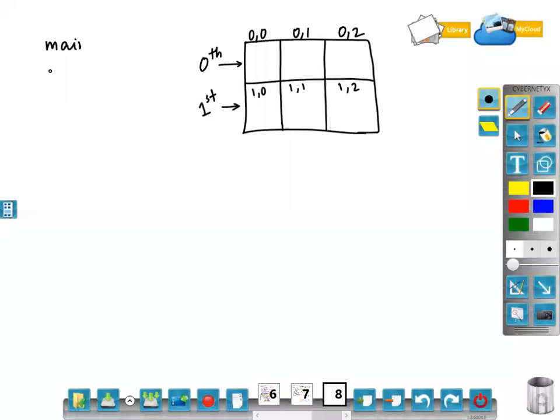For a two-dimensional array, you have to declare with two dimensions. Okay, one for row, one for column. So the first one is for row, the second one you are using for column.